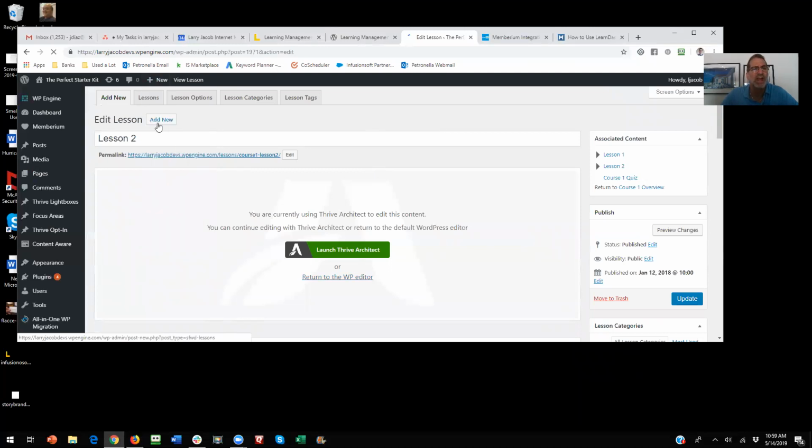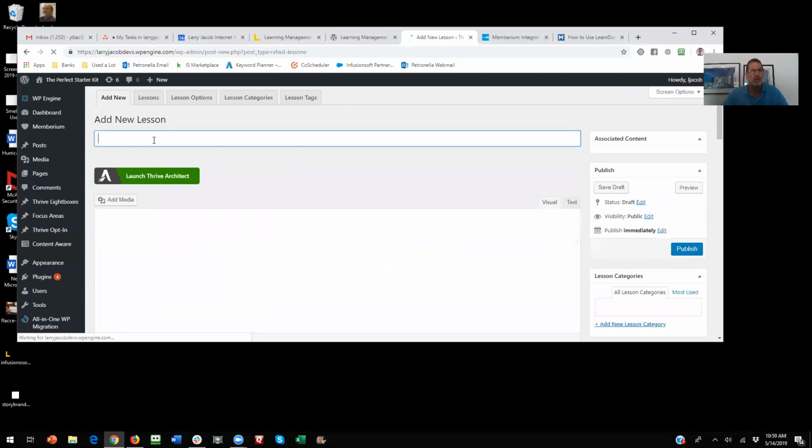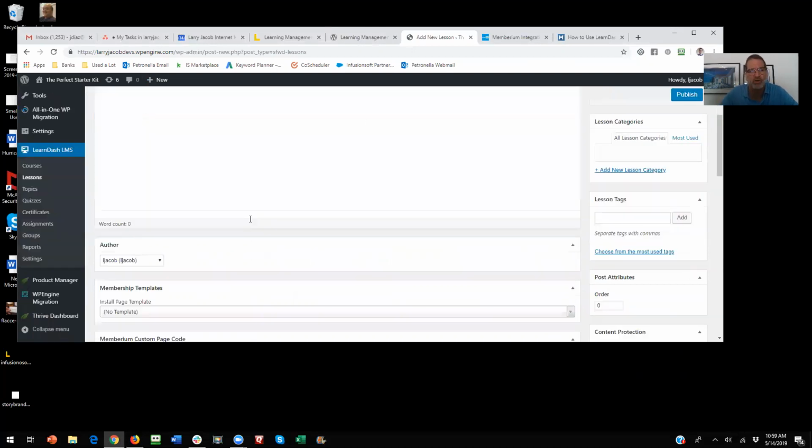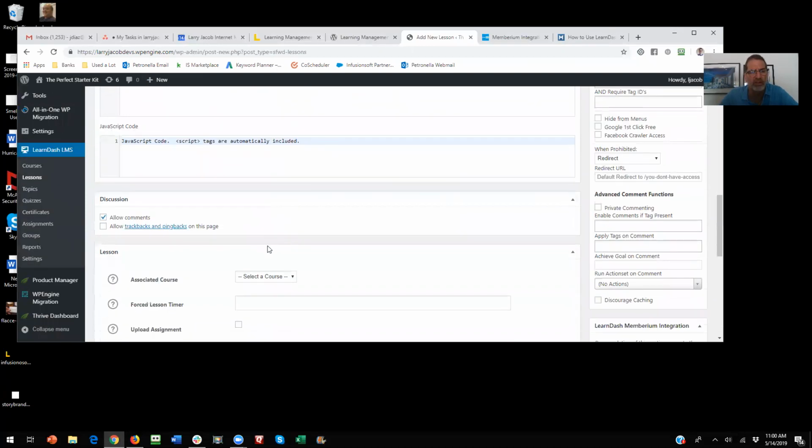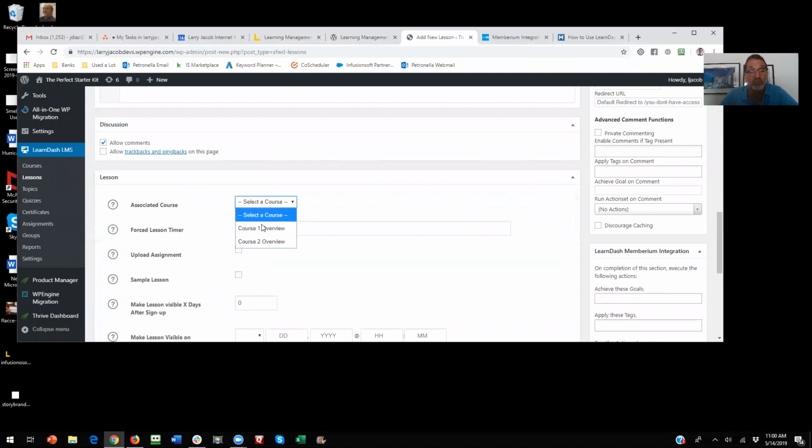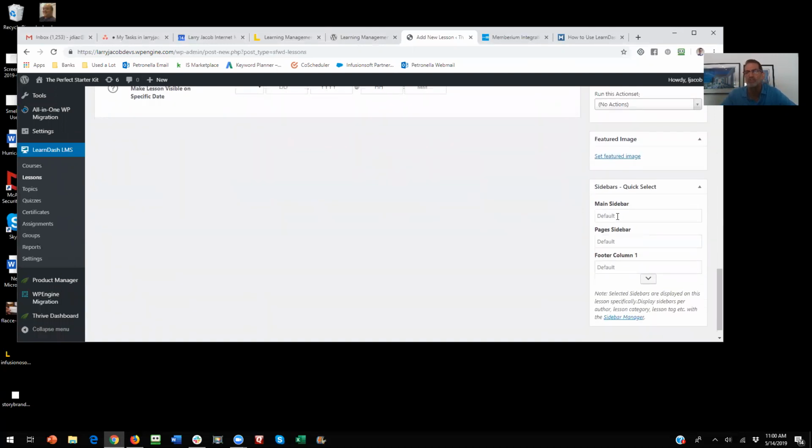Now let's say I want to add a new lesson. All I need to do is go lesson, and I'll name this one lesson 3. I'll go down farther on the page here, and I'll select the course that it's associated with. So I'll associate it to course 1. To make it look nice, I'm going to go over here to the sidebar, and I'm going to add the course 1